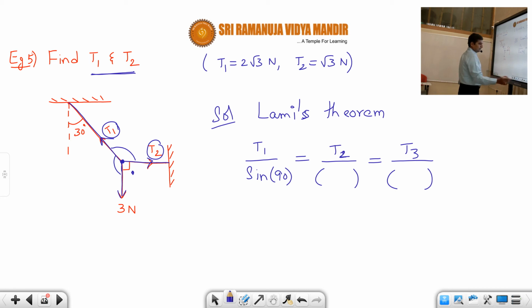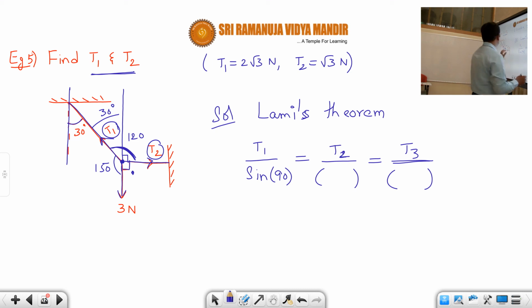So here you can see, students, if you draw one vertical line, if this is 30, this is also vertical, so the vertically opposite angle is 30, and already this is 90. So what is the total, students? This total angle is 90 plus 30, which is 120. If this is 120 and this is 90, then 90 plus 120 is 210. So 360 minus 210 is 150, so the other angle is 150. So what is the T2 opposite angle, students? The T2 opposite angle is 150.